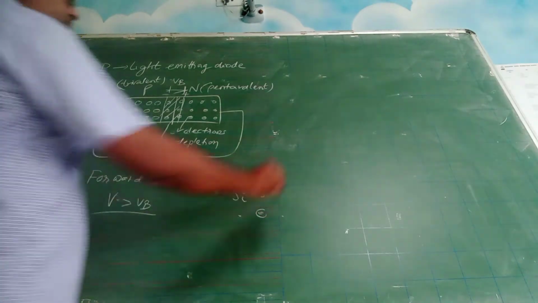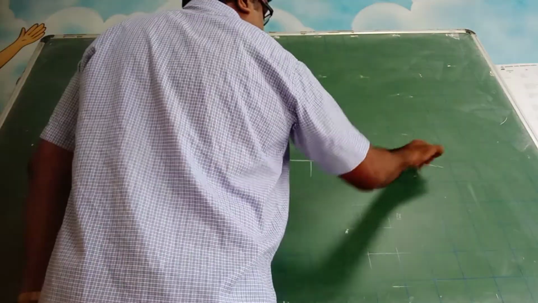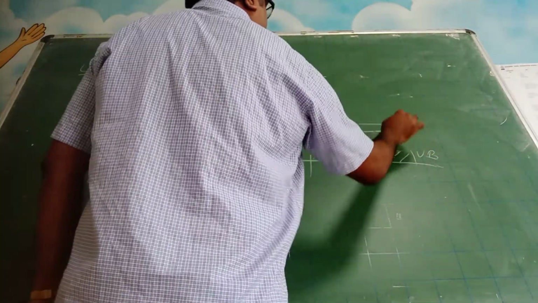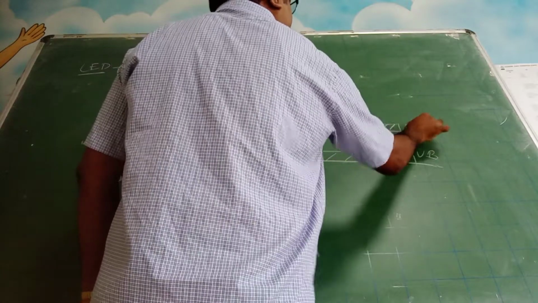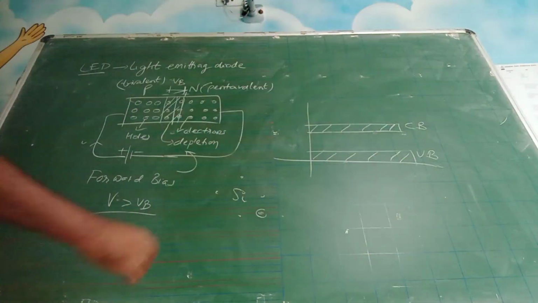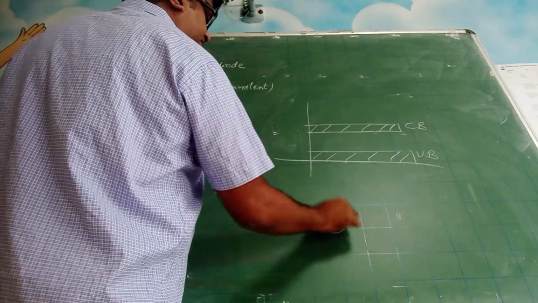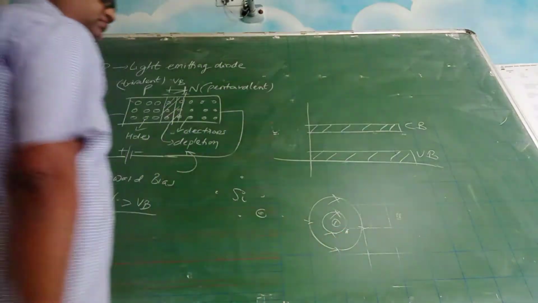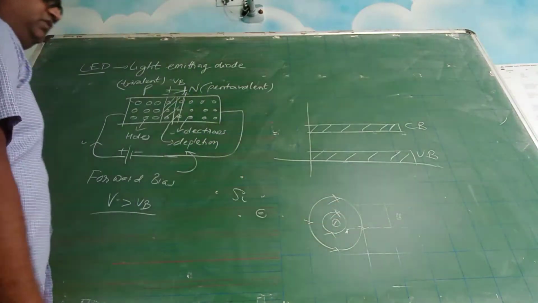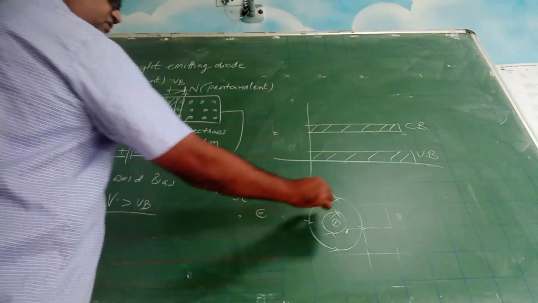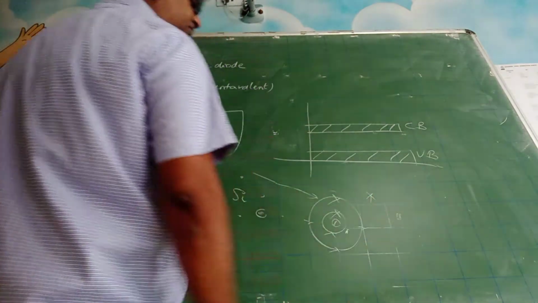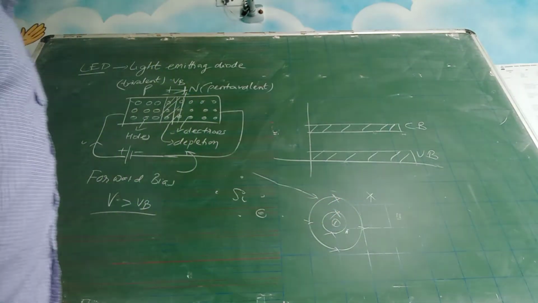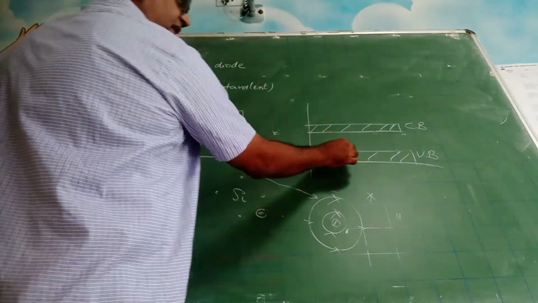Now, see, we have discussed this point that this is our valence band and this is our conduction band. Okay. So suppose there is an atom, this is the nucleus, and let us say here there are 2 electrons, here there are 4 electrons. Now these are valence electrons. When you give some energy to this, these become free electrons. Okay. So these free electrons will have more energy than these valence electrons. That is evident here also.